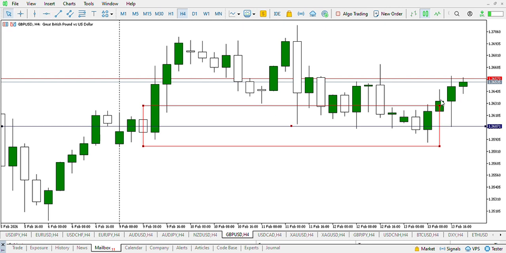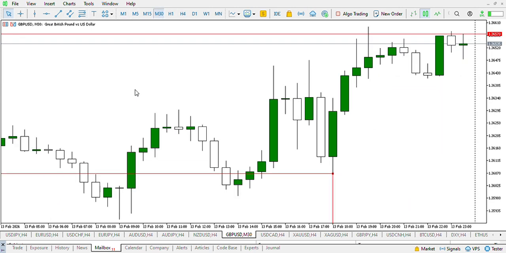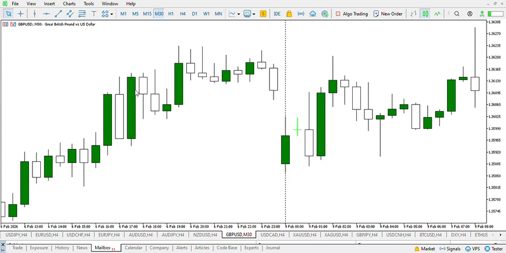So marking 50% of this block now, we already have our zone. Nevertheless, we are meant to refine further down. So we are going to go to the M30, and in the M30 of this particular zone where the move started,